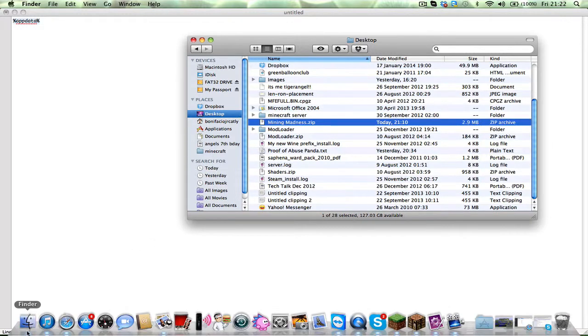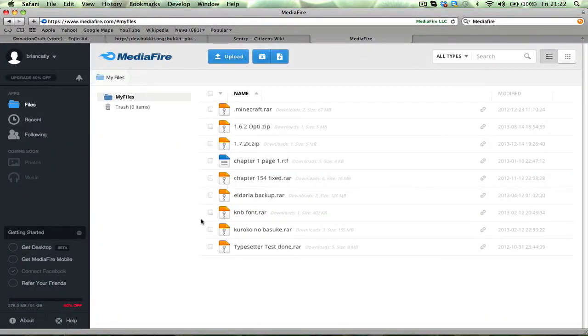And go to your Safari, or for you guys it'll probably be Internet Explorer or Google Chrome or Firefox or whatever else that's out there that I may not know of. And head into something like Mediafire or Dropbox, depending on which one you guys want to use. If you're new to these type of things, I suggest Mediafire, and sign up to them, and make sure to click the free one. Once you've signed up, you should see a page something like this, of course with your own username. Then click Upload